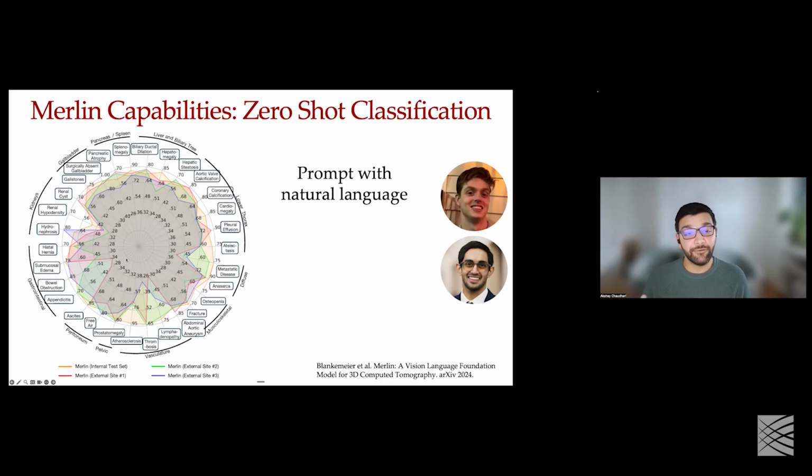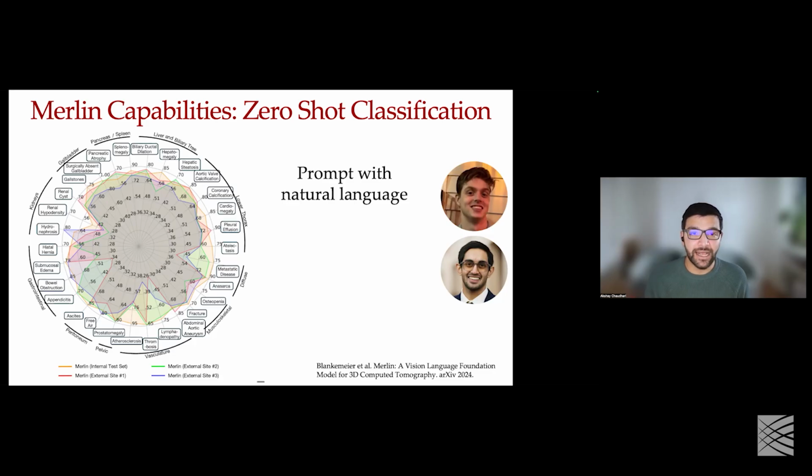And here we're seeing F1 scores for the performance of this model across a variety of different diseases. And we can see this in our internal test set, as well as data sets across our different sites. So again, there is no supervised learning that's happening here. This is just the innate knowledge that the model has learned because of the CLIP training. And we can see that across all the disorders that we're seeing here, roughly the F1 scores in question are anywhere from 0.6 to 0.8.